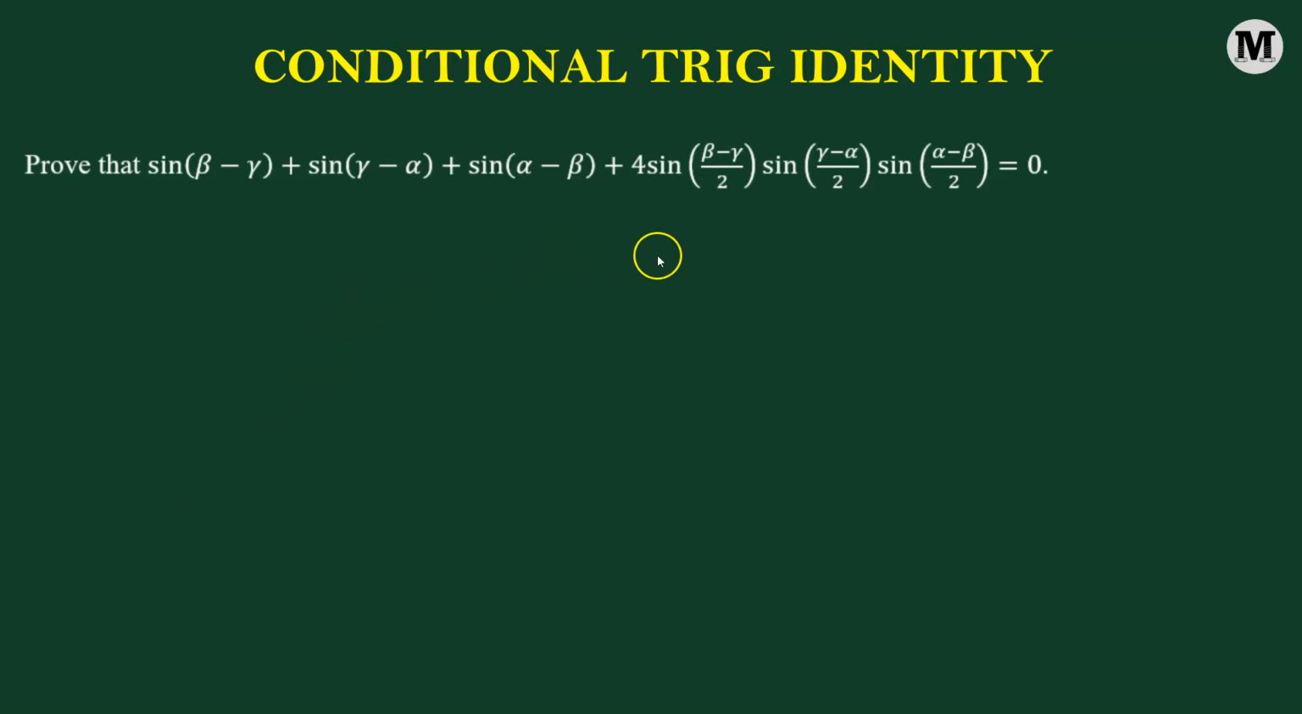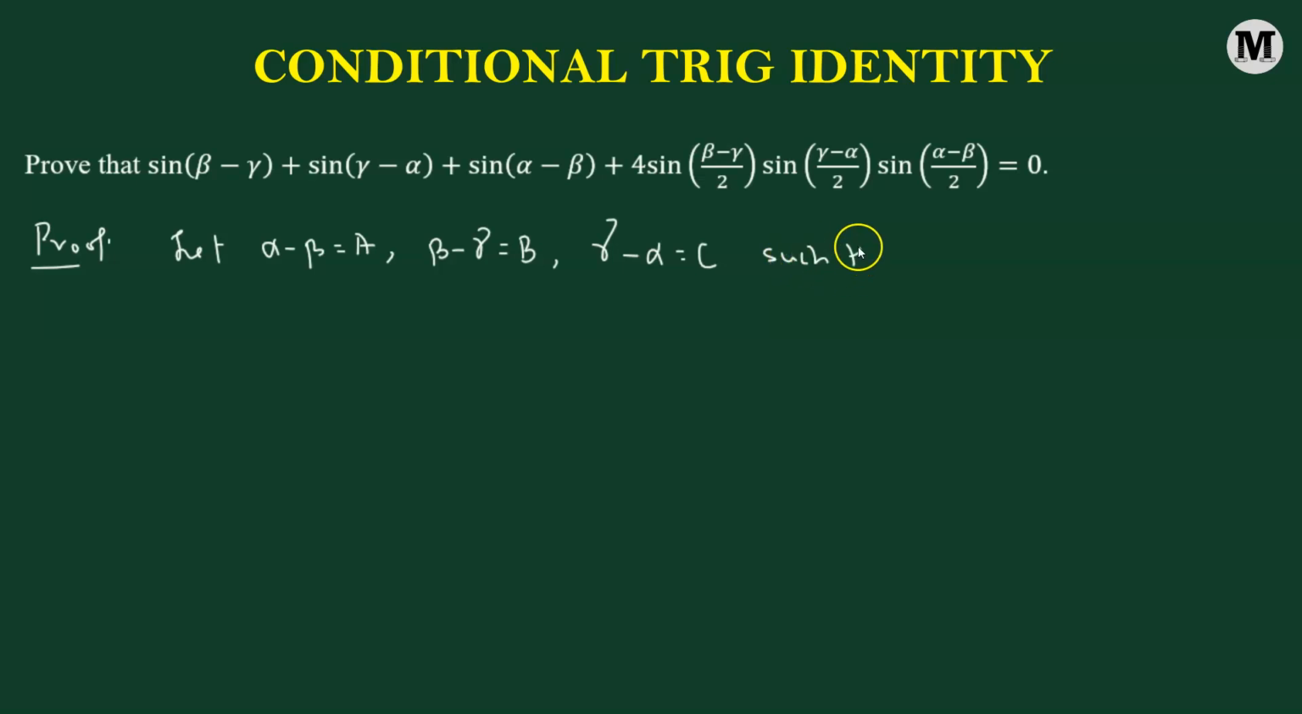We need to prove the following. Okay, so first let us do one thing. We are going to consider alpha minus beta to be equivalent to A. Then beta minus gamma to be equivalent to B, and gamma minus alpha to be equivalent to C, such that